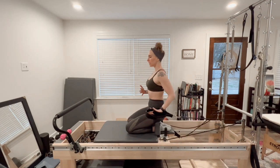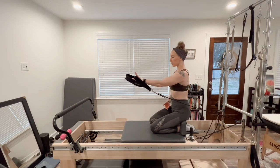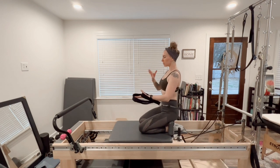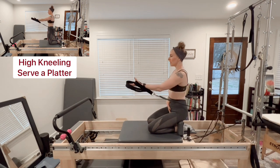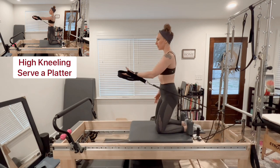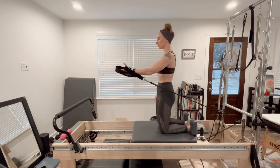So even if you want to stay in this low kneeling position, we can do all of that through this same position. Low kneeling, working on keeping the foundation here of strength through the core, length through the spine. This is our last one, reaching forward before you start to come up into your high kneeling. So if you can, if you want to, lift and raise yourself up and repeat for another 3,